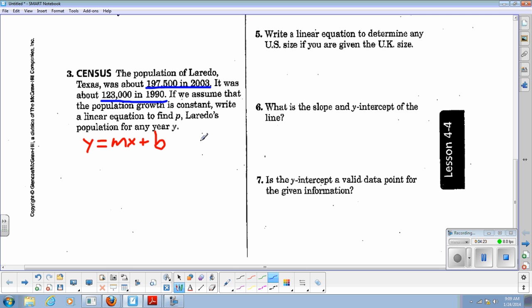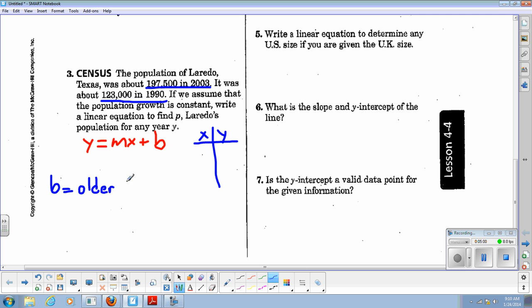You will need to build a t-table again, and you will have to find your slope. These are your coordinates. Put them in there. Find your change in Y over change in X. After you do that, that will be your slope number. Now, when it comes to your beginning amount, when you work in a word problem situation where you've been given years or you've been given months, to find the beginning amount, B will equal